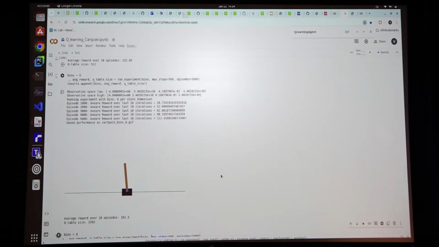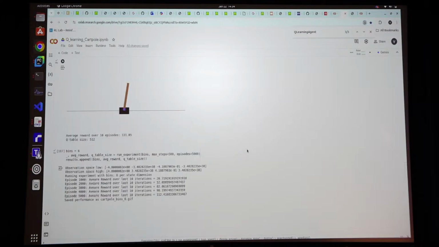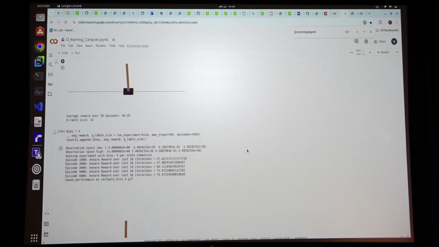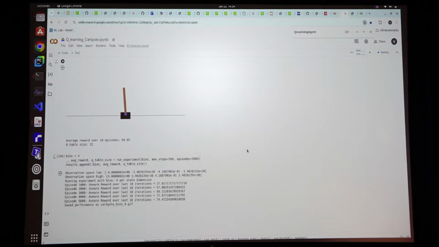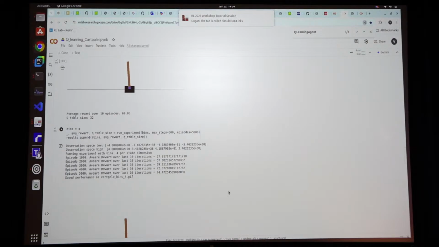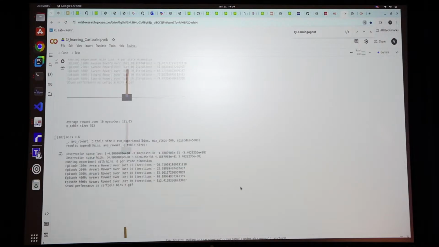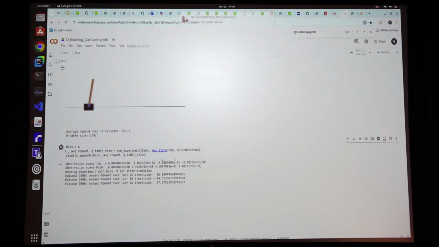So as you can see, as the number of bins increases, when the number of bins is very less, the agent has a limited understanding of the state space, so it cannot exploit the state space rewards properly, and the policy that we get will be suboptimal. But as the number of bins increases, the agent will get a very good understanding of the state space, and the reward increases up till some point. But